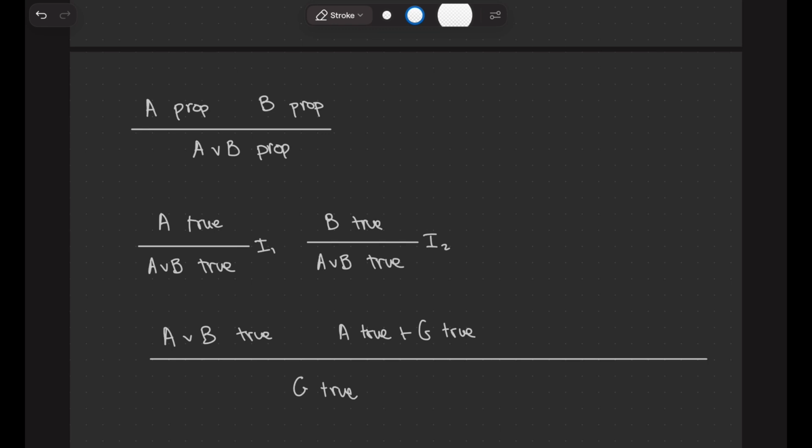Yes, it's just, okay, that we want to prove G, right? So why do we care about the truth value B? Okay, first of all, it's not a truth value. I know that the word is confusing because I'm using the word true. Forget truth value. A true means I have a proof of A, okay? It's just to make this clear. So, you have A or B, right? From A, you can deduce G, right? And, okay, I understand. Okay, good.